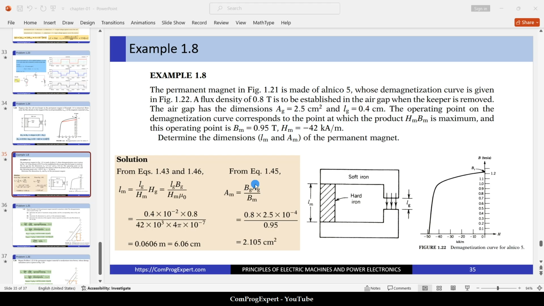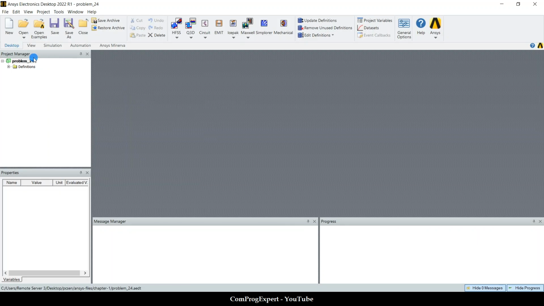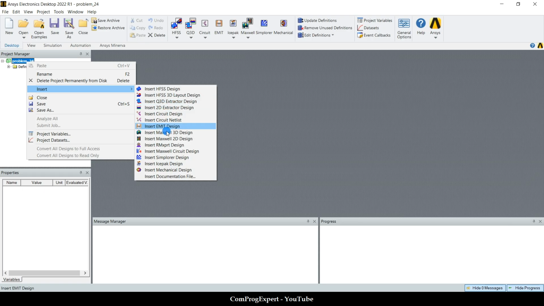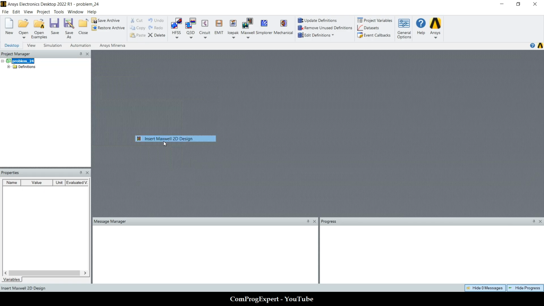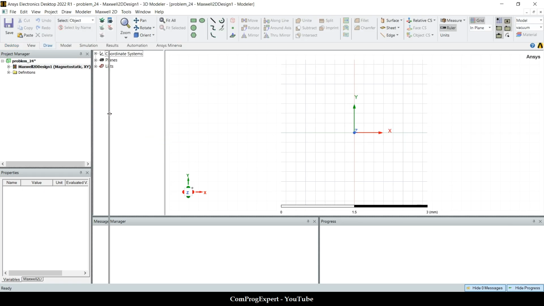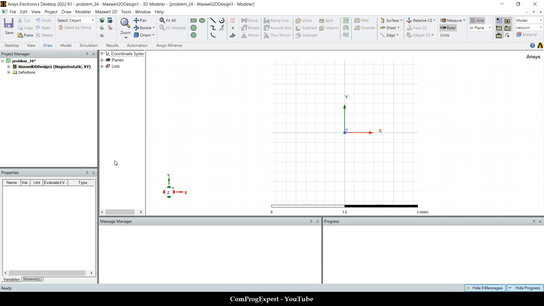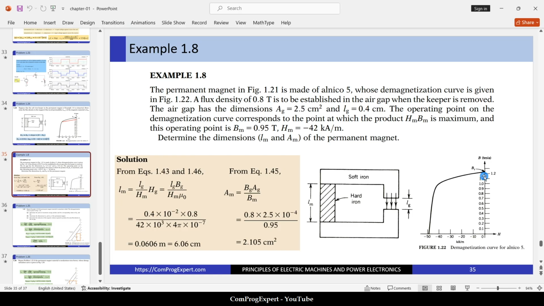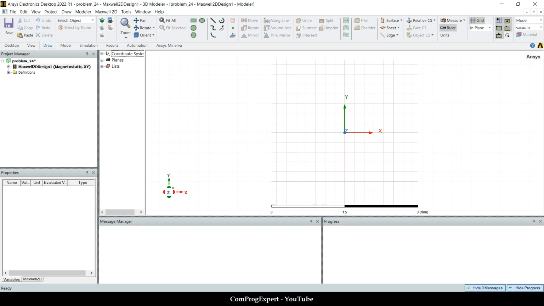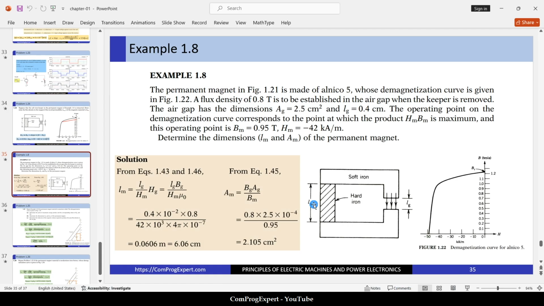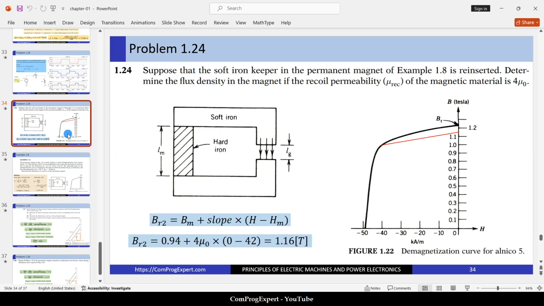Okay, so now let's add a new 2D design. I deleted the previous one, Maxwell 2D, to generate the geometry and solve the problem, and compare the results with what we have here. So the geometry that I am going to create in the ANSYS Maxwell for this problem is